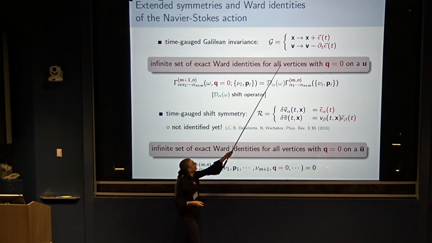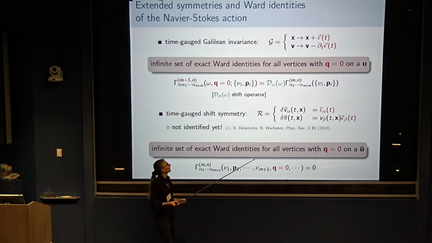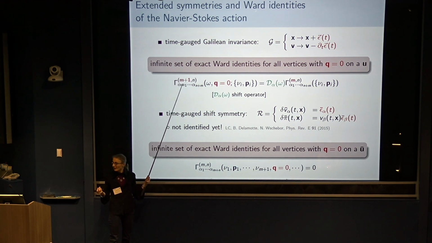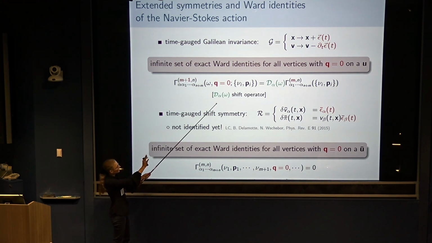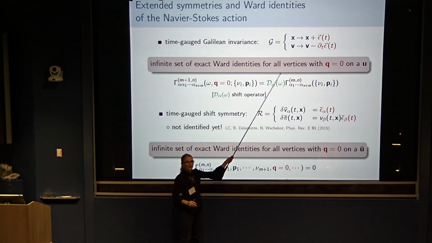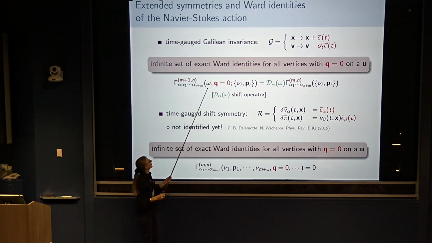And in fact, if you look at the variation of the action under that, the variation is linear in the field. And you obtain from that an infinite set of exact Ward identities. And what they tell you, so don't bother about the precise form, what is important is m plus 1 here and m. Okay? So what it does is lower the order of your correlation function.